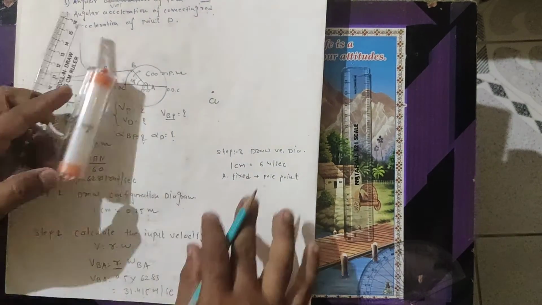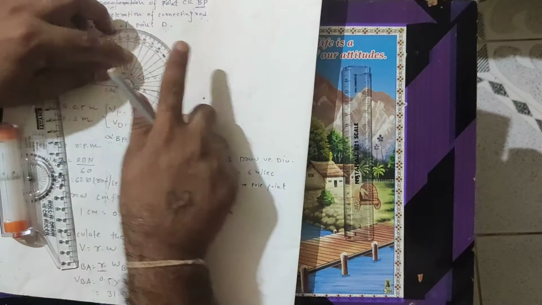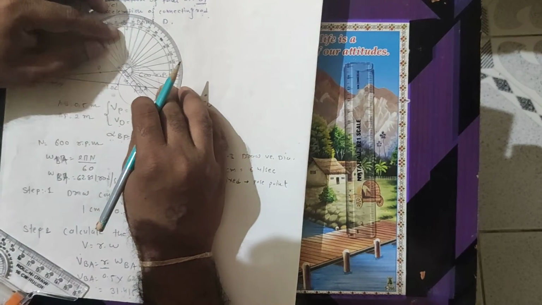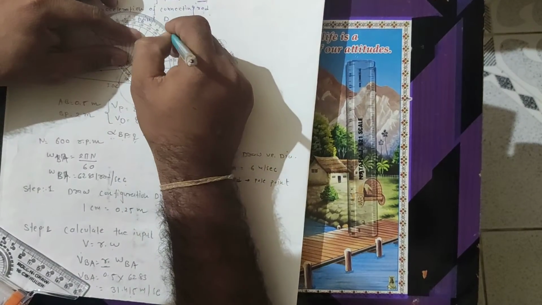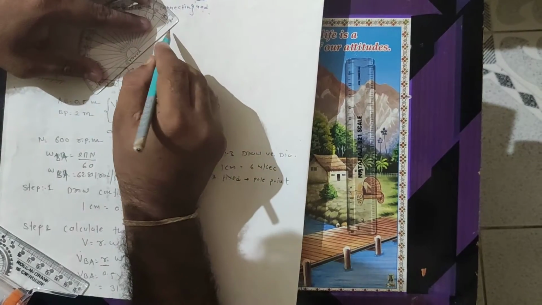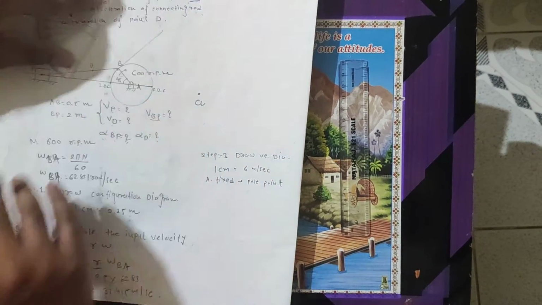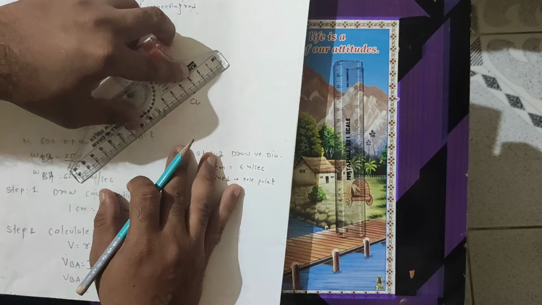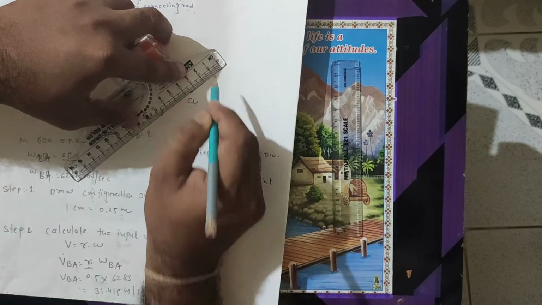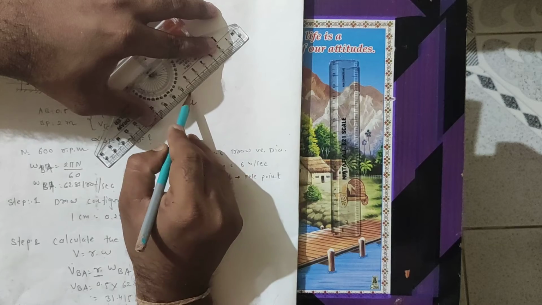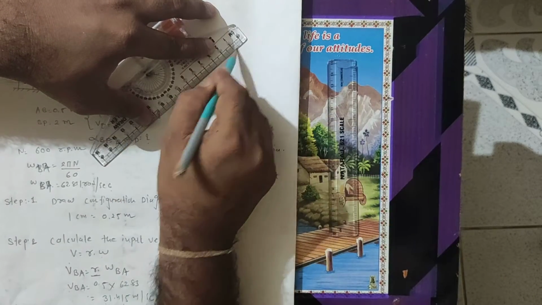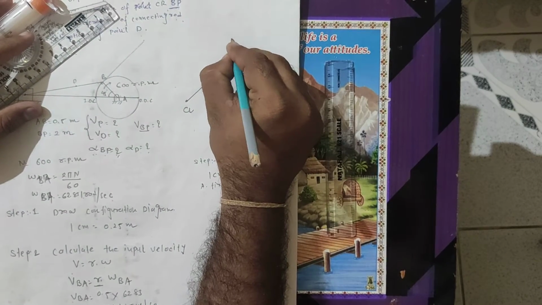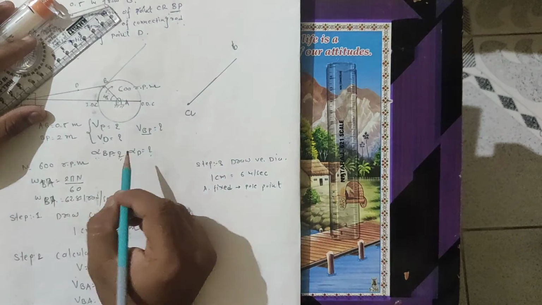Okay, so to draw the velocity diagram, what do we have to do? This is the link, and perpendicular to this link, we have to draw this line. So from point A, we have to extend this line parallel, drawn over a somewhat larger distance. Whatever point we consider as B, that is a small one, because we have to use the velocity only.